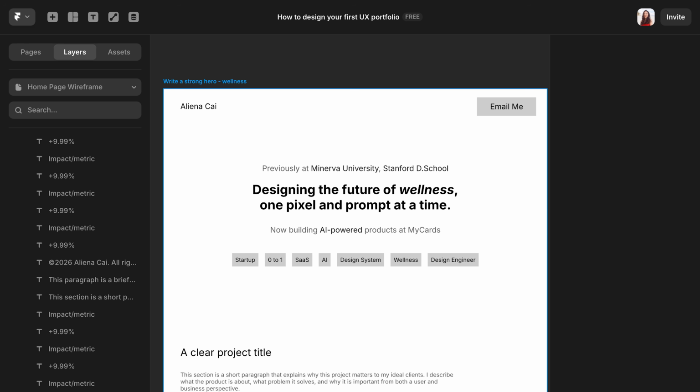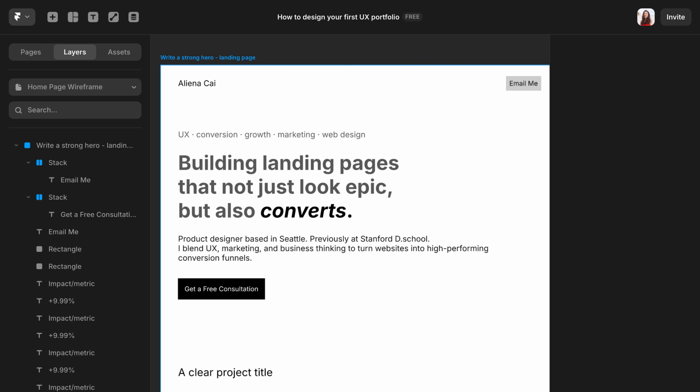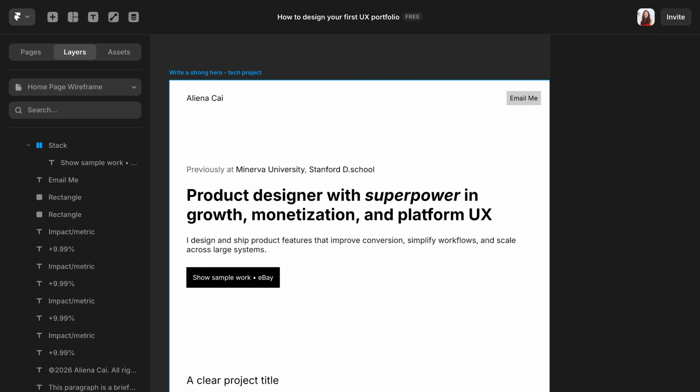And this first example is for those of you who want to build apps from 0 to 1. And I'm assuming you only have one case study here. This is an example of building a mobile app in the wellness space. The second example is for landing page design services, assuming you have a landing page design project. And this third one is for those of you who want to get an internship at a big tech company with a case study that looks like adding a feature to an established product.